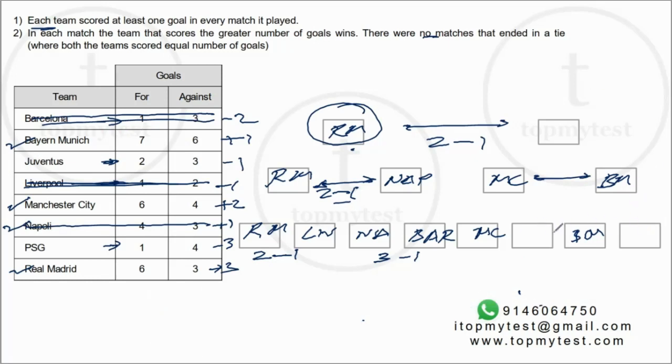Now, let's try to fix the remaining first round matches, because once we do that, I think we should be able to solve the rest of the set as well. The 2 losers in the first round are PSG and Juventus, right? So the matches can be Manchester City plays Juventus, Bayern Munich plays PSG, or the other way around. If Manchester City plays Juventus and Bayern Munich plays PSG, let's see what is going to happen. Manchester City has to win this match, so it will win 3-2.